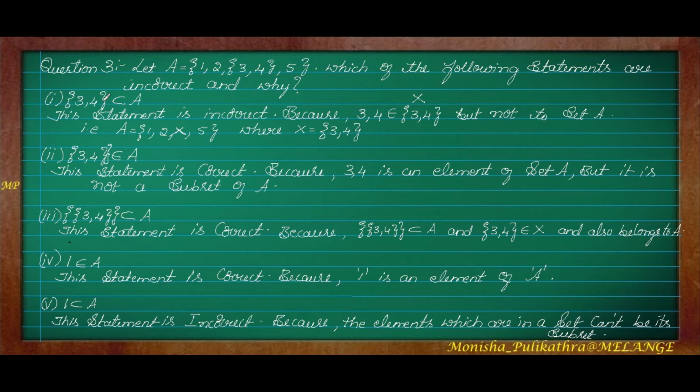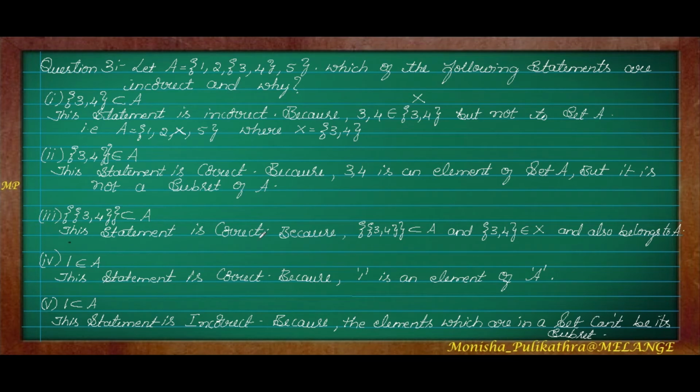If they have given only {3, 4} as a subset of A, it is completely wrong. Whereas if they have given {3, 4} inside double brackets in set A, then it is a subset of A, because this is X, the value of X, which {3, 4} belongs to set A. Only the 3, 4 element is not an element of set A, but the bracketed set belongs to set A. I hope you understood this. If they have given double brackets, you can consider it a subset of set A. If they have given only single brackets, then it is not a subset of set A.